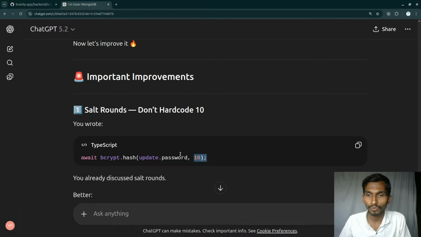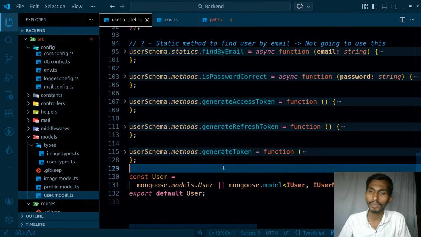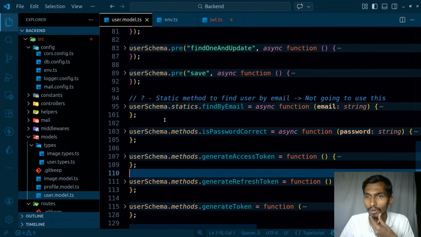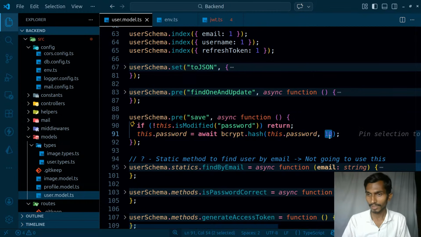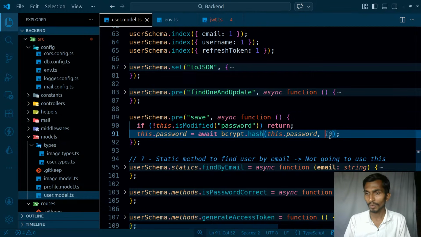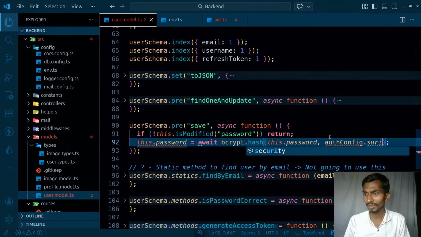Coming back to this, first of all, we have to use the auth config that we have. That simply means whenever we are generating the token, and where are we generating the token? That is being generated over here. Mainly when we are hashing the password, at that time it needs to be over here. What? authConfig.security. This is actually amazing. I mean, nothing could be better than this. Security